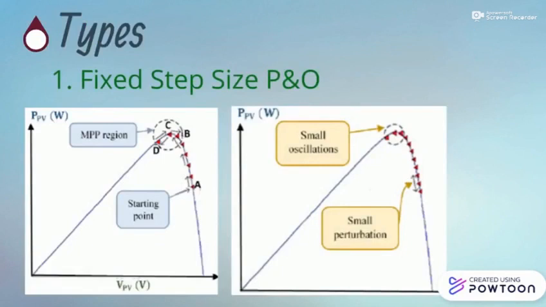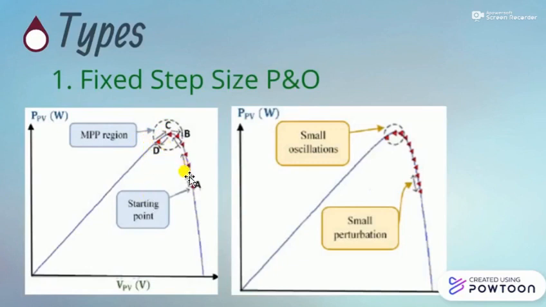P&O algorithm has two types. Number one, fixed step size P&O. In this method, assume that the operating point moves from A to D with a fixed value of offset due to the increase in power, but when the point reaches D, it observes a decrease in power, and to cater to this power loss, the point will start to move from D to C. But due to the fixed step, a decrease in power is detected at point B. Now the difference will be B, and according to the P&O method, the operating point will keep oscillating from B to D due to the change in power.